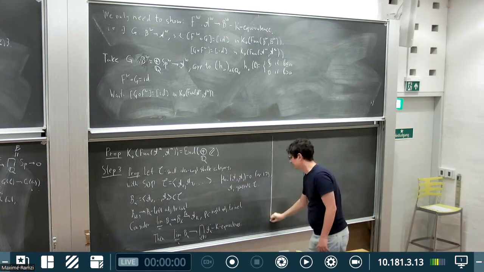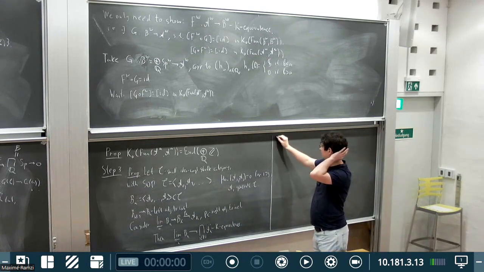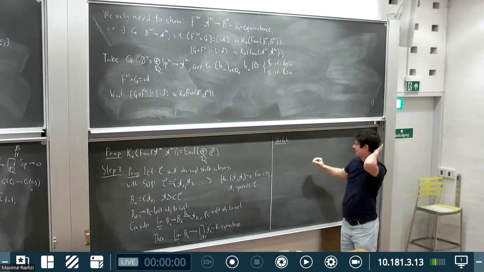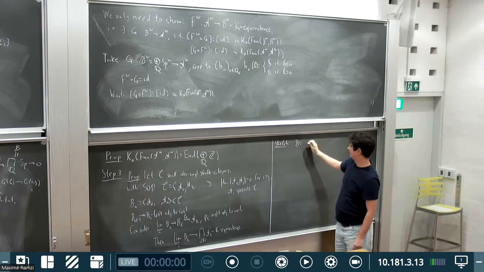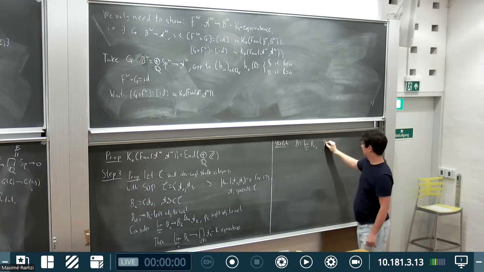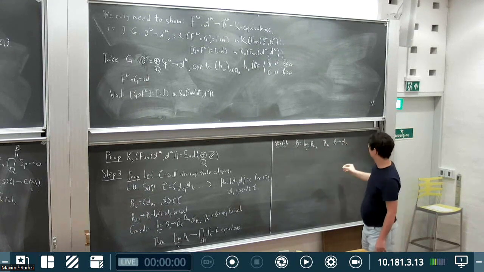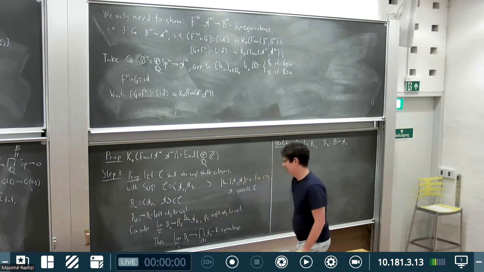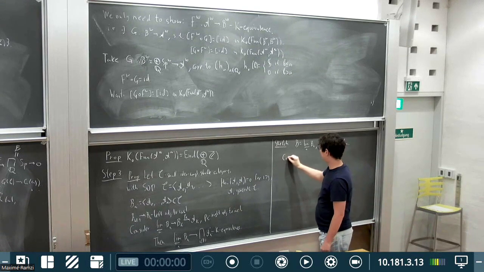So how to see this? Sketch. Let's denote by D this limit. Denote by pi n from D to An this composition. So our functors which we consider and consider